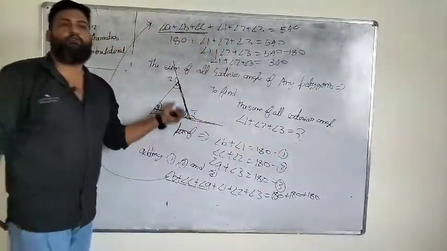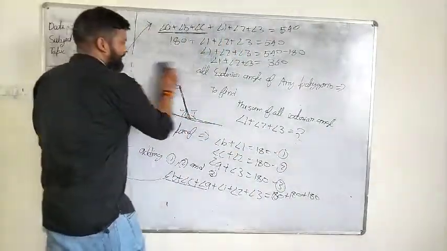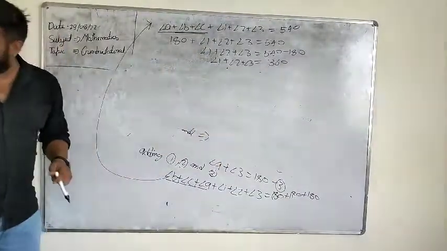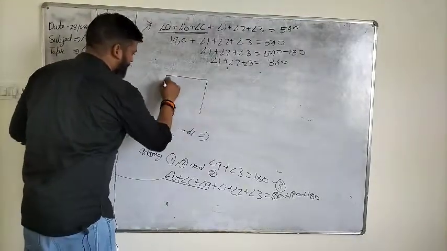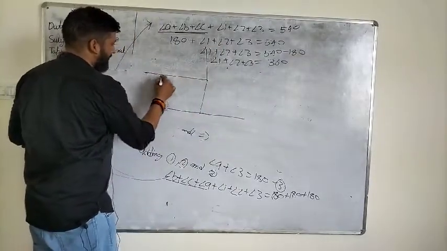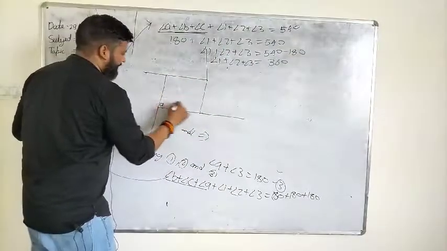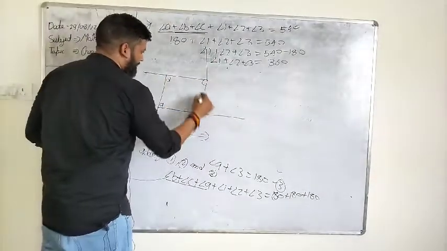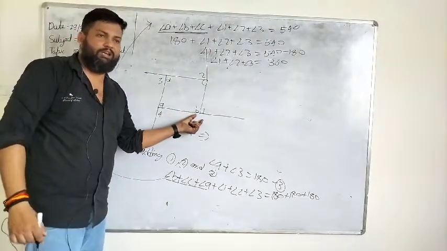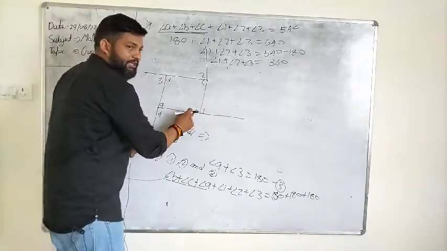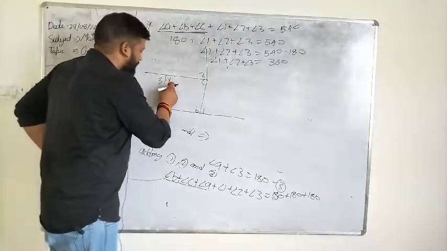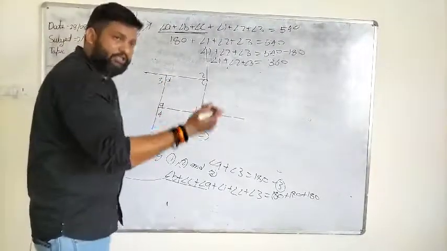Same as if we prove it for the quadrilateral. I am telling the figure only; the same process you have to do. You have to make a figure of a quadrilateral, and extend one side at each vertex. Now this is A, B, C, D, 1, 2, 3, 4. At every point there forms a linear pair: angle 1 plus B is equal to 180, angle C plus angle 2 is equal to 180, angle 3 plus angle D is equal to 180, angle A plus angle 4 is equal to 180.